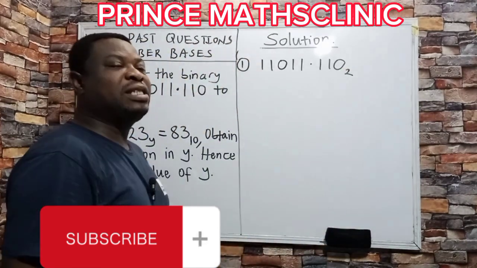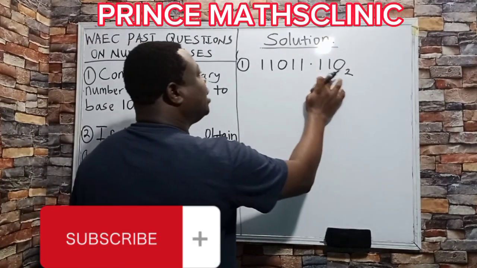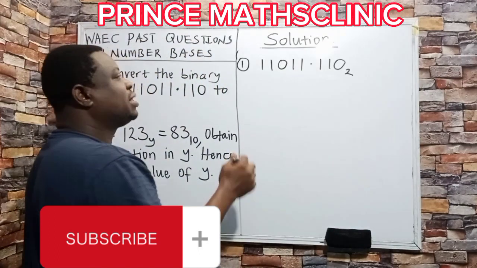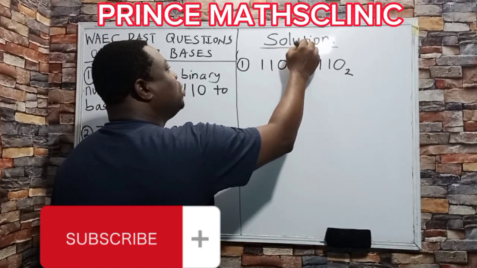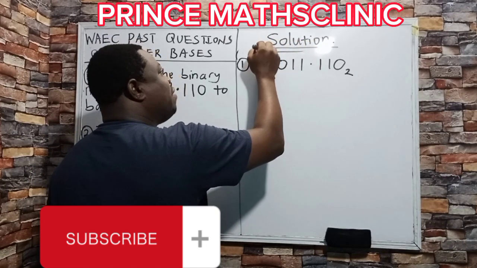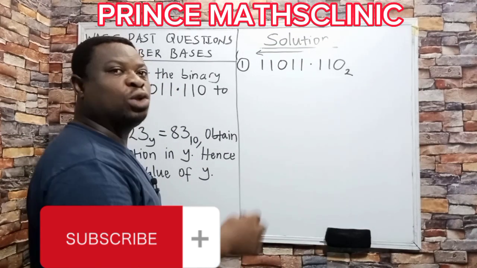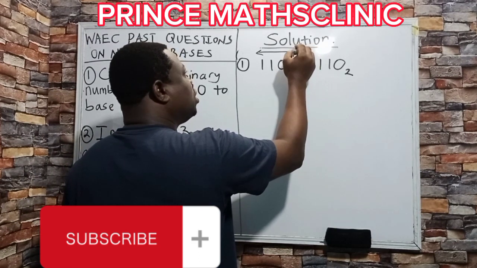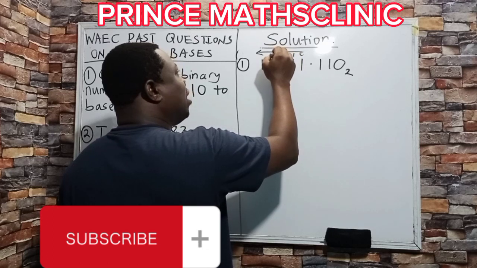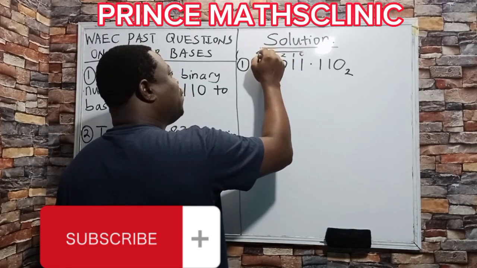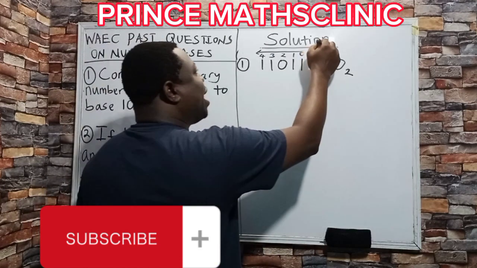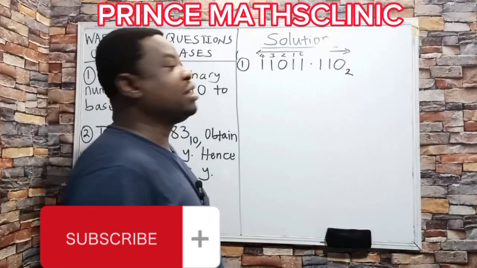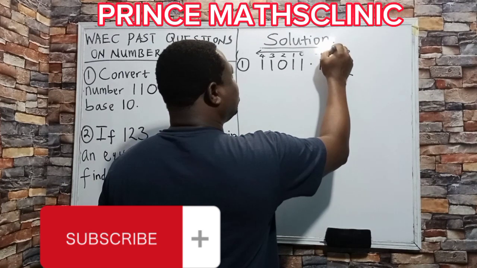Then to convert to base 10, here's what you do. This is the decimal part, while this is the integer part, the whole number part. On the whole number part, from the right going to the left, you number, starting from 0. So the place value of this is 0, this is 1, this is 2, this is 3, and this is 4. Then after the point, towards your right, you start from -1,